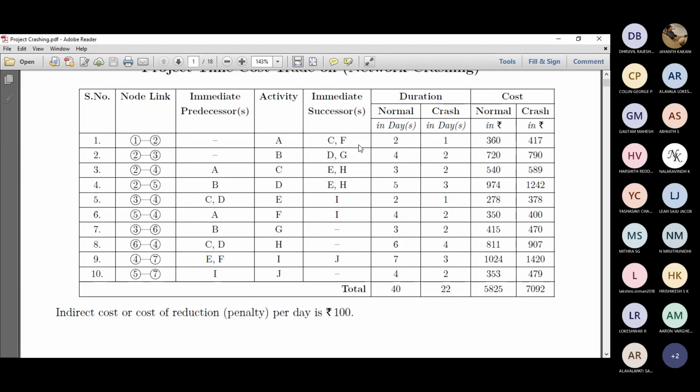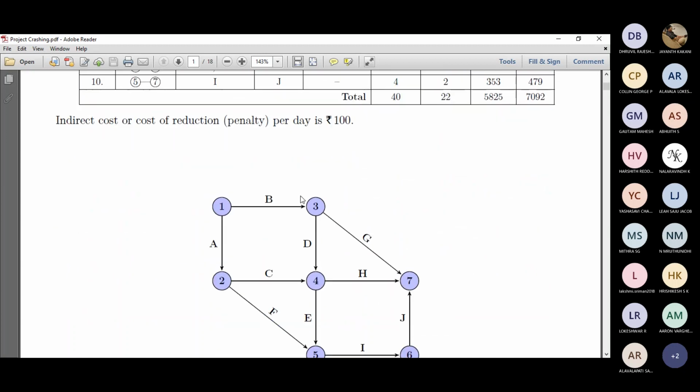But we'll take a look at a numerical problem on crashing all the activities to find the least possible cost. Despite additional crashing cost, we will be looking into crashing activities based on some logic so that we get the least cost and optimum time, right? So you see this project gets completed by 40 days. But if you take a look at the critical path, we'll be understanding what the critical path is, and that's the project duration. And that can be compressed to finish it at the earliest with additional money. So it costs crash money. So that's basically the logic, right? And the penalty is 1 rupee.